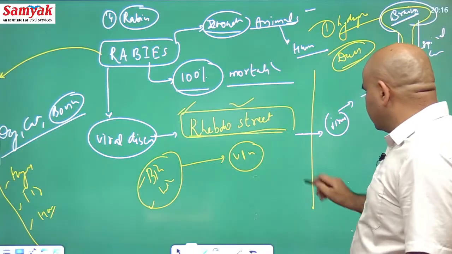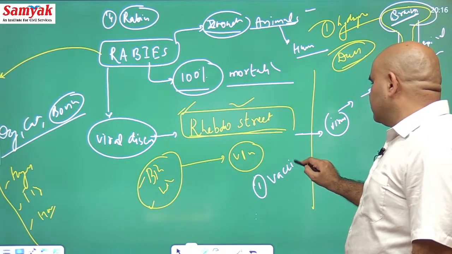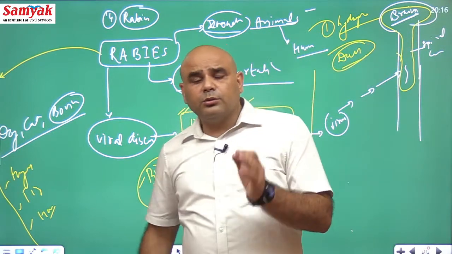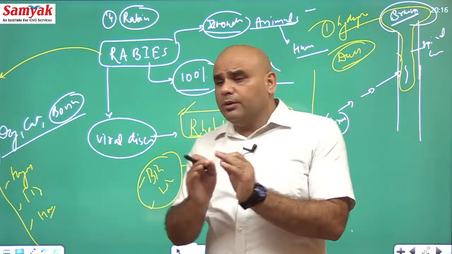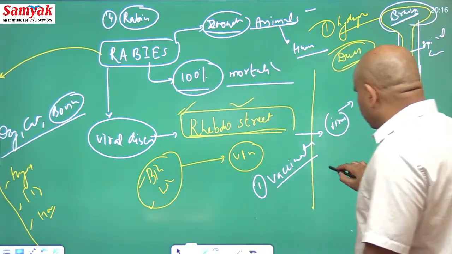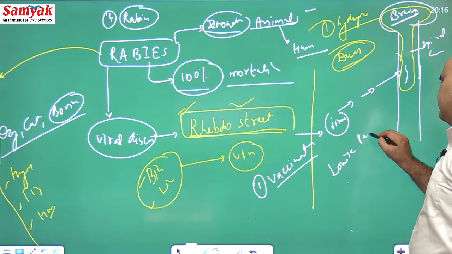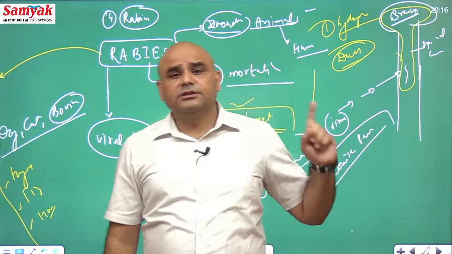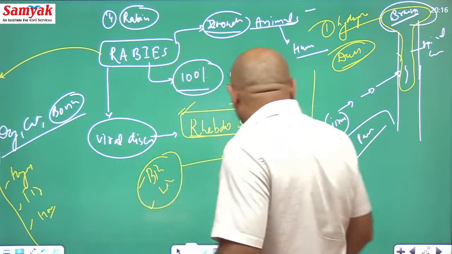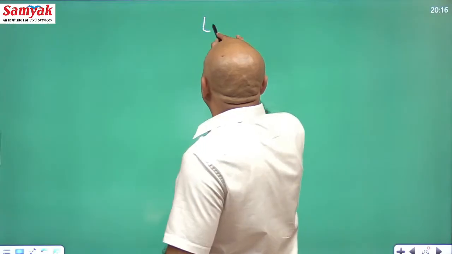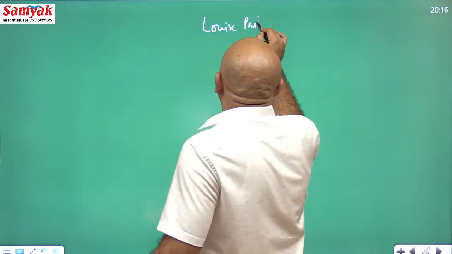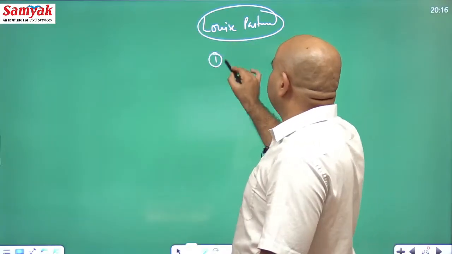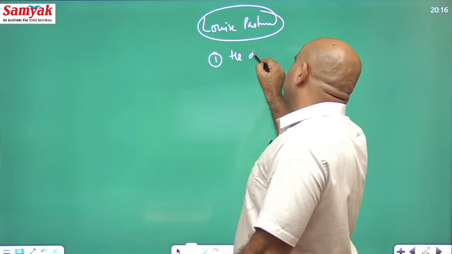Now, what are the preventive actions? First thing is, all the animals which are supposed to be in contact with you should be vaccinated. Whenever you are talking about the vaccine of rabies, you have to remember one of the greatest scientists of the world, Louis Pasteur. Louis Pasteur was the scientist who was the brain behind the discovery of this vaccine. Louis Pasteur is remembered for many of his contributions. The first contribution of Louis Pasteur was he denied